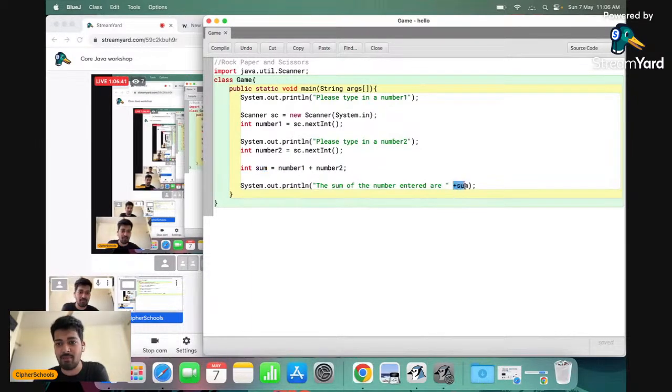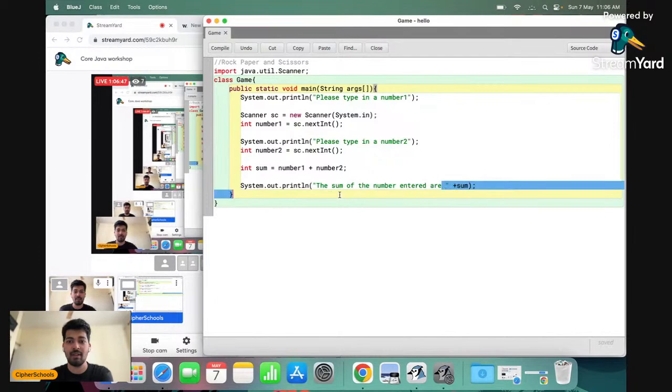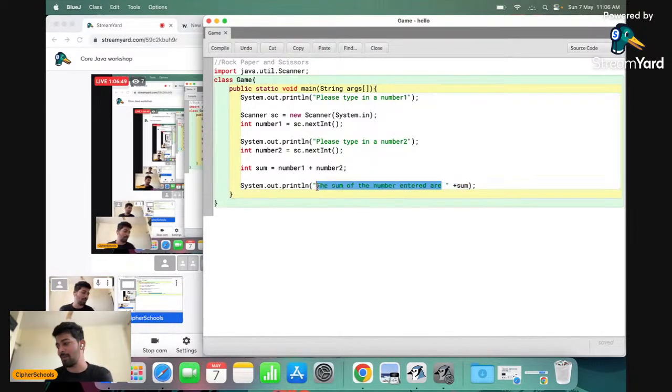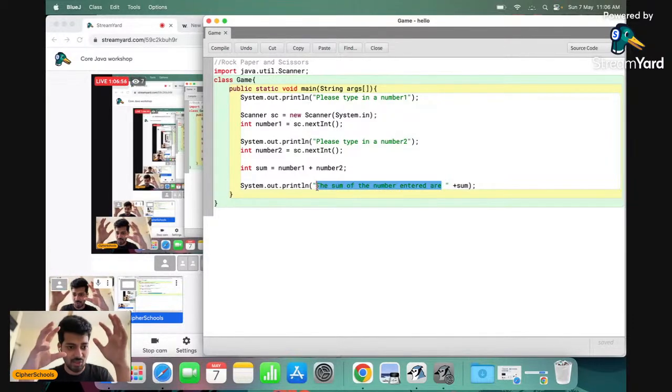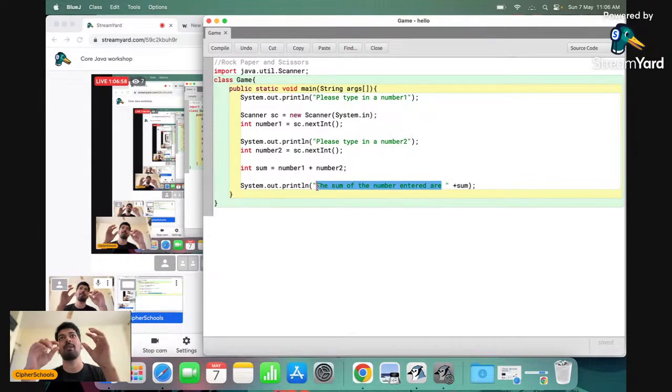And over here, I'm just concatenating the value stored in my sum with a message, right? So the plus sign in a programming language has different roles. If the plus sign is in between numbers, it will perform addition. But if the plus sign is in between characters or strings, it will perform concatenation. Concatenation means merging them together, right?